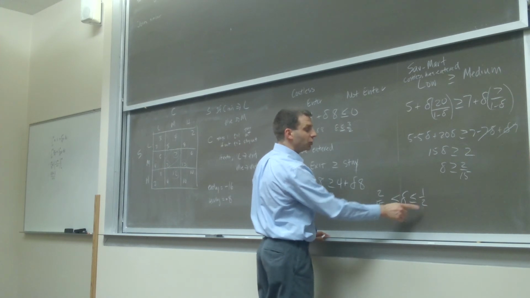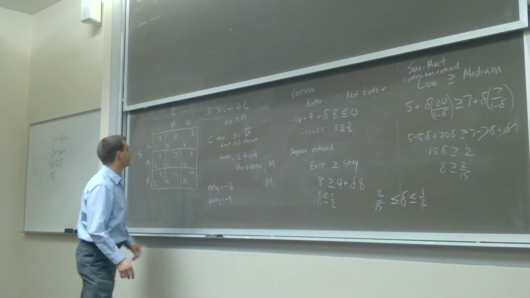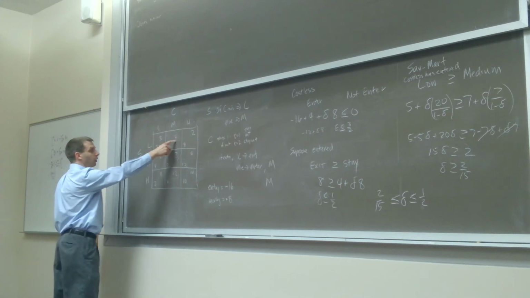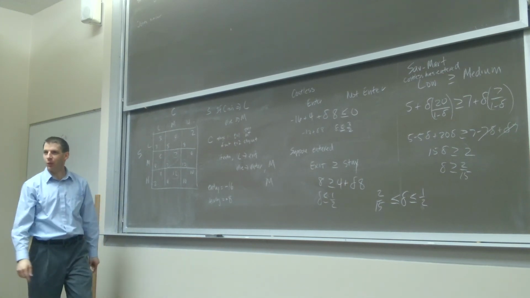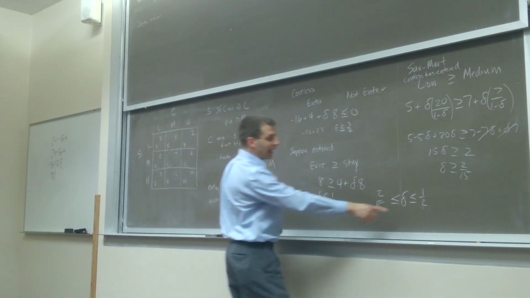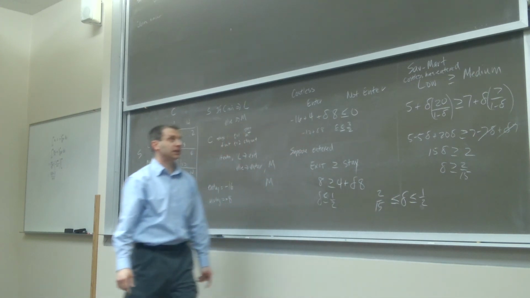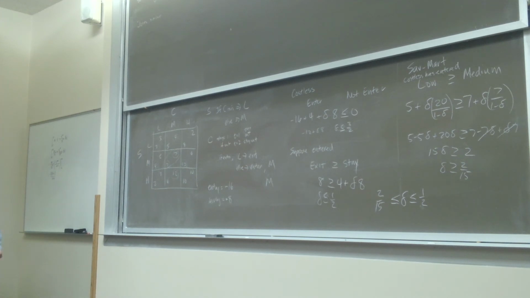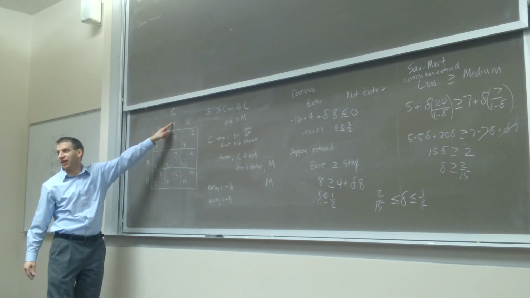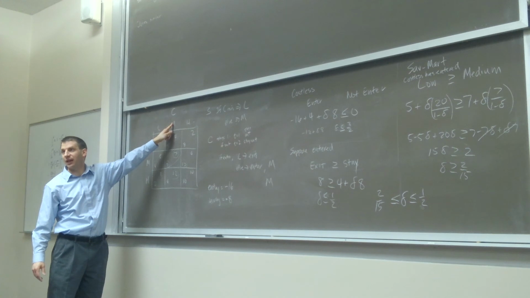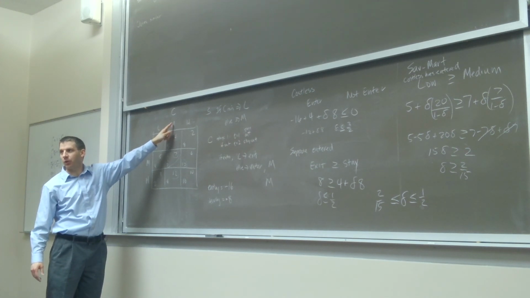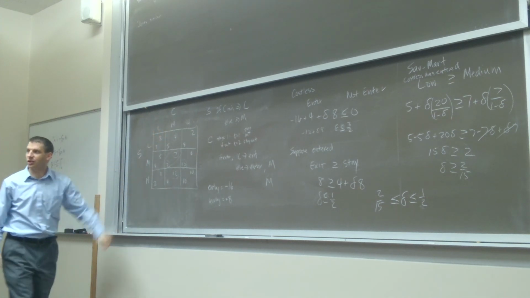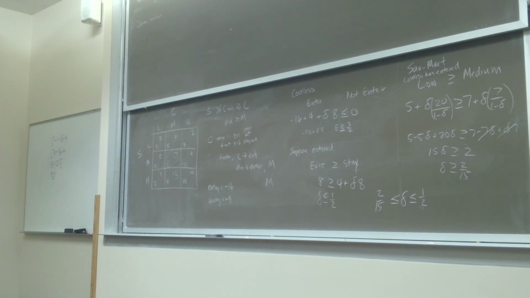They leave because they just do not want to have to pay the 16 and then only get 4 back in return. So it has to be less than half. The only way we can sustain this equilibrium, where SaveMart keeps Costless out of the market, is that Costless doesn't value the future very much. That's the way we hold that equilibrium together. So if Costless cares about the future a lot more, then we cannot keep